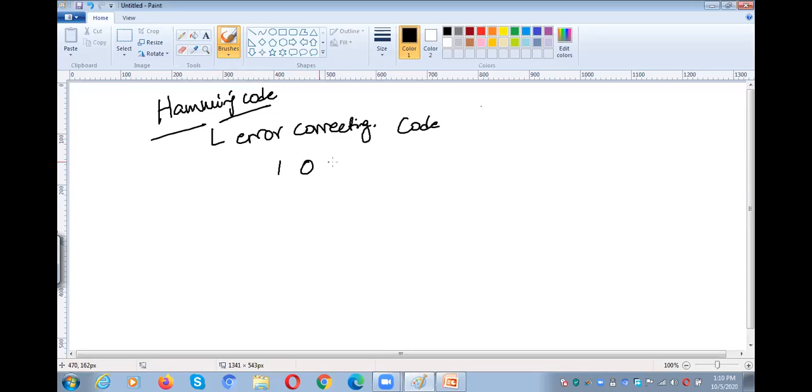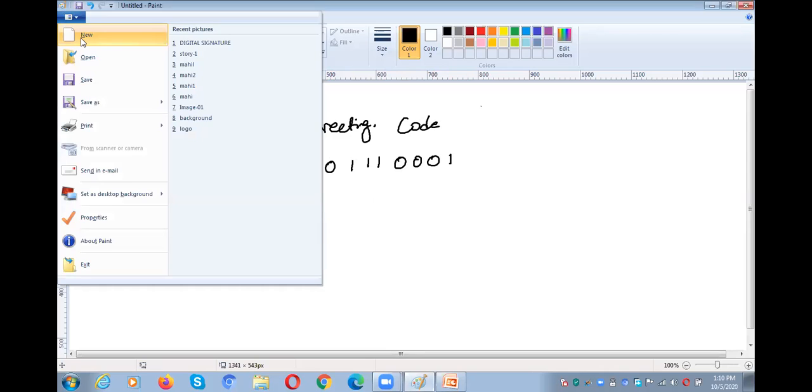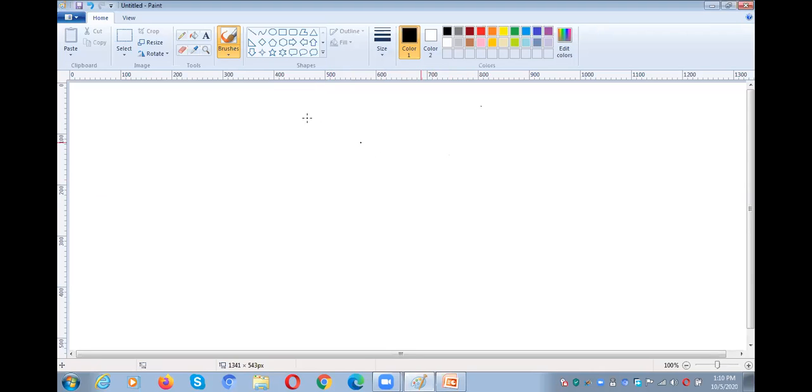So, for example, we need to take a data word like 1 0 0 1 1 1 0 0 0 1. For example, if it is a data word, what do you have to do with the help of Hamming code? Remember this code. Maybe any code, not a problem. Might be 1 1 0 0 1 1 1 0 0 0 1. If it is a code, okay, this is a data word. How can we solve this problem using Hamming code? First we need to note down the numbers like this: